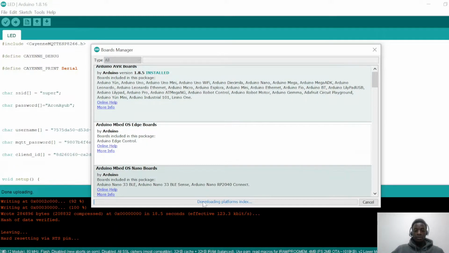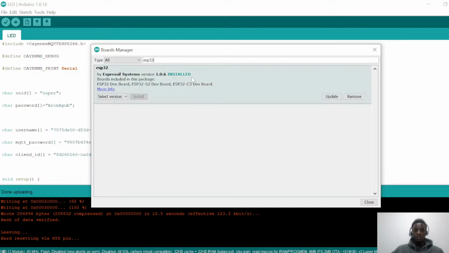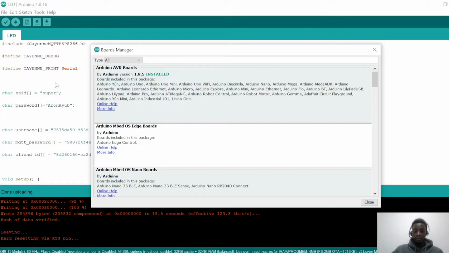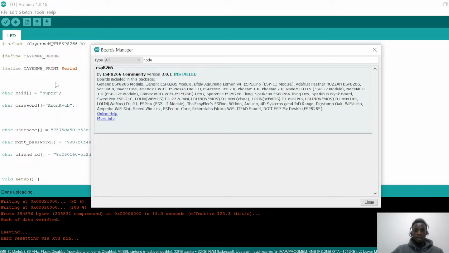It takes some time to update itself every time. So you need to add ESP32, Espressif Systems, these dev boards, and also you need to add